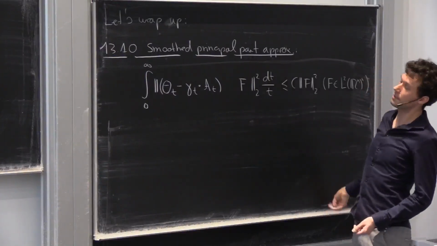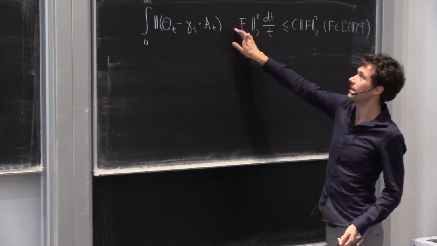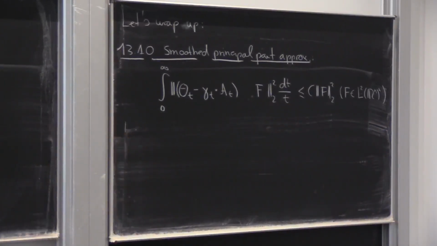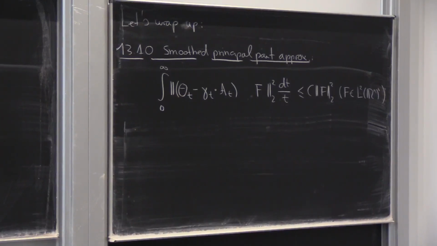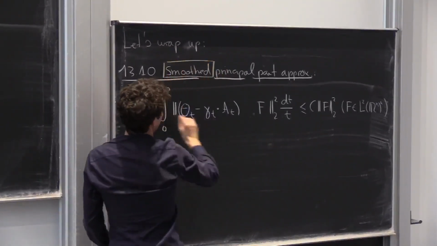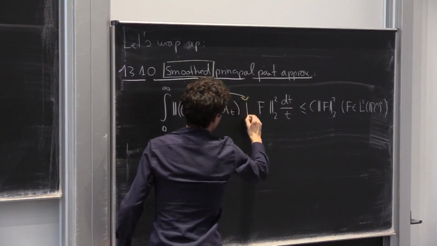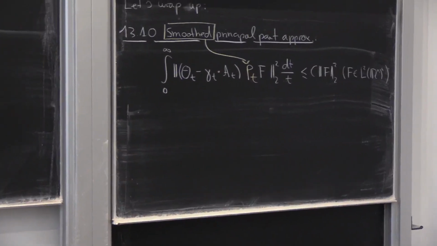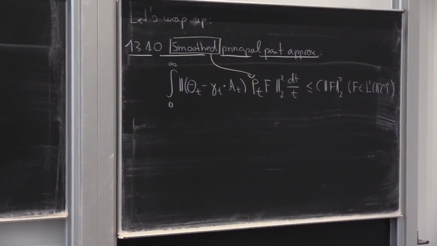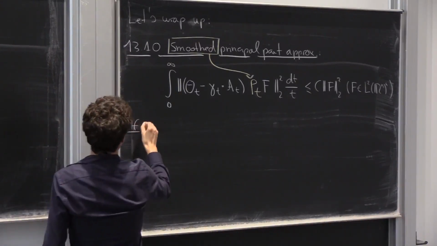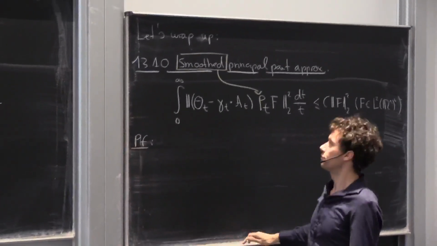Okay, now you say stop, because if I would be able to prove this, then this would also already be the principal path approximation. Okay, and then we could have a beer on Wednesday instead of having a lecture. But things are not as easy as they are, or as we hope them to be. The word smoothed refers to the fact that it works with an additional PT. And so next lecture I have to get rid of the PT. But let's just, for today, see that with a PT it works. Don't worry, it's a one-line proof.